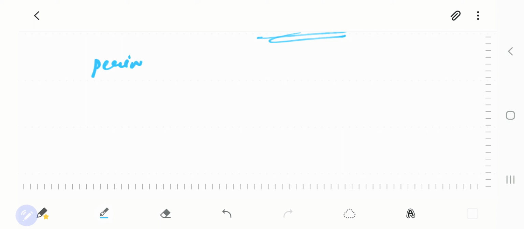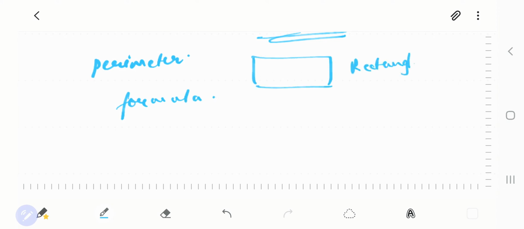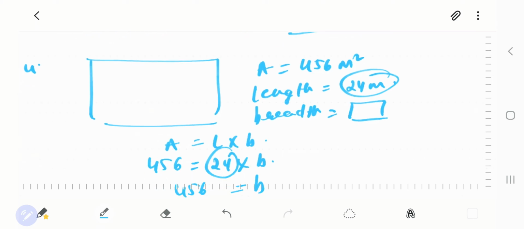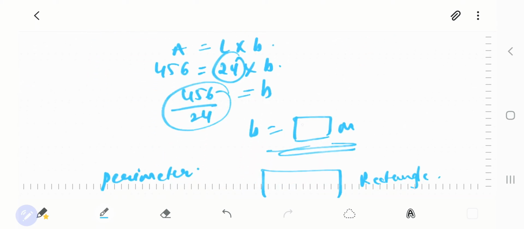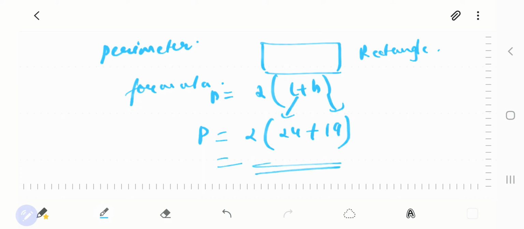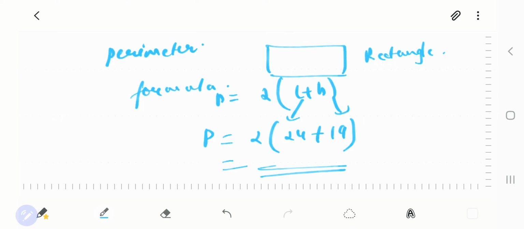Once you have the length and breadth, they have further asked in the problem to find the perimeter. So let's discuss the formula for perimeter when we have a plane figure, a rectangle. The formula is 2 into (L plus B) for perimeter, where L is your length and B is your breadth. Here I have my length as 24 and if you divide, you will get breadth as 19. Once you have length and breadth, things become easy to find your perimeter. You have your length 24, your breadth 19. Once you calculate this, you will get your perimeter. Is that clear?